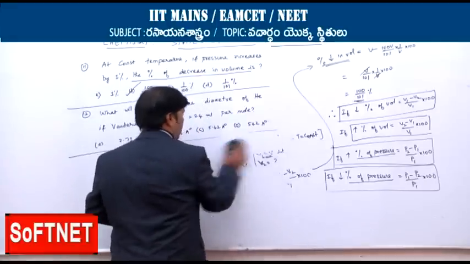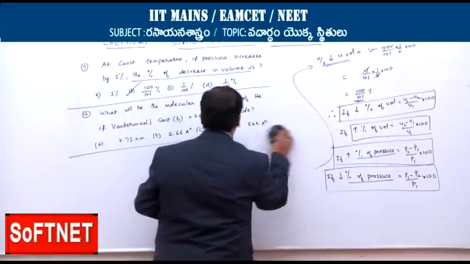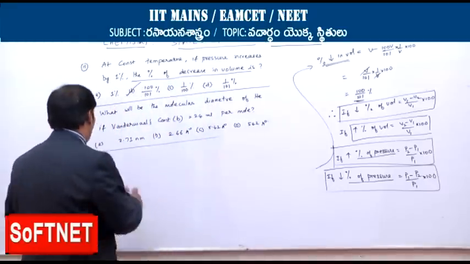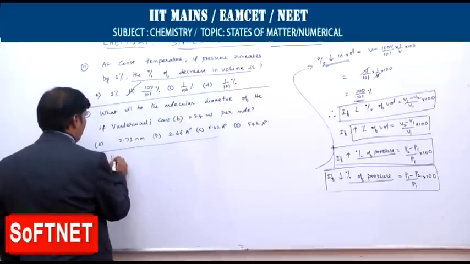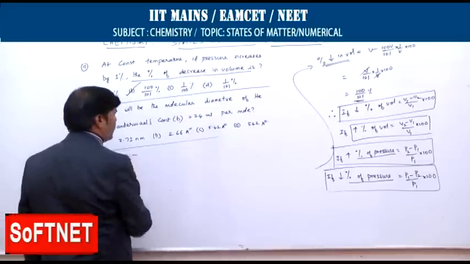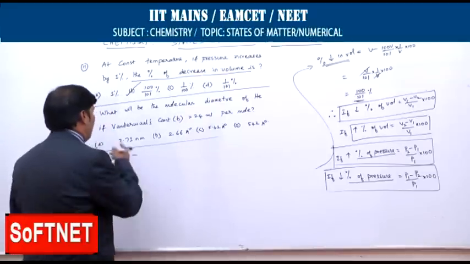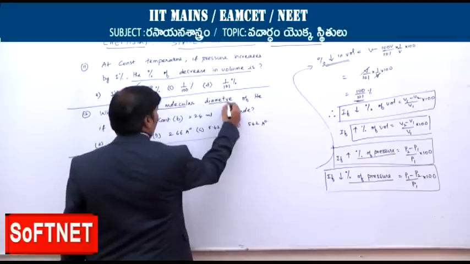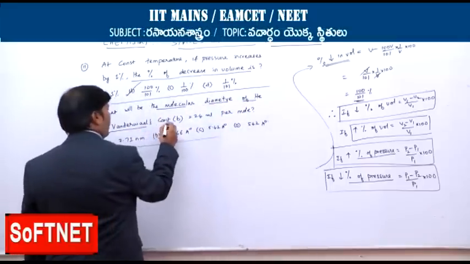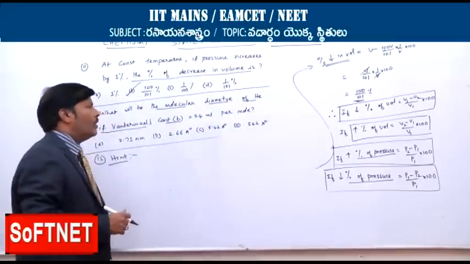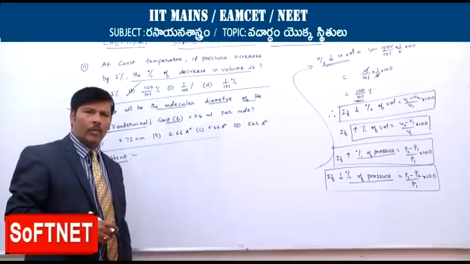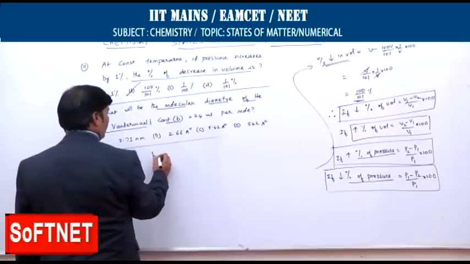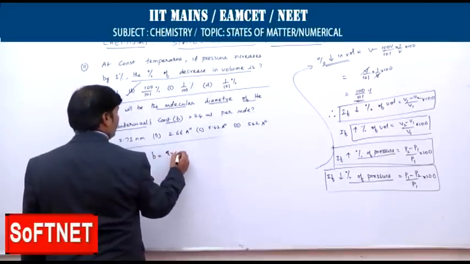For the 12th one hint, in the van der Waals gas equation, we already know that B is the excluded volume. What will be the molecular diameter of helium if the van der Waals constant B is equal to 24 ml per mole, he says. So, B is the excluded volume